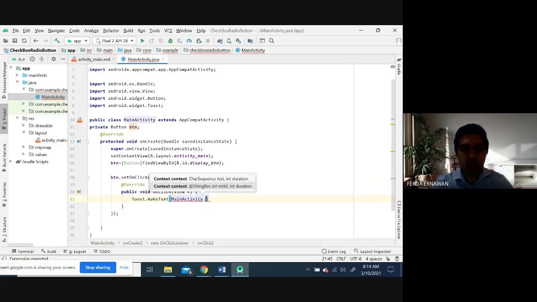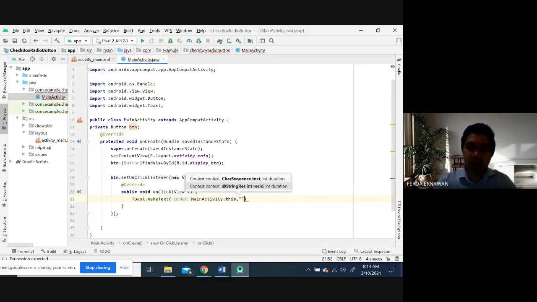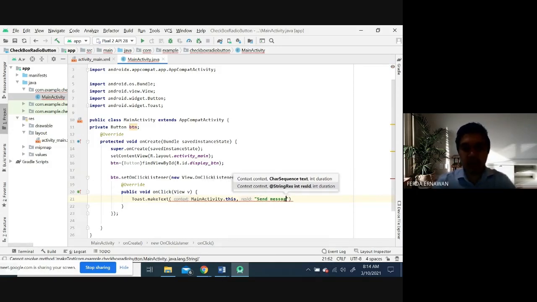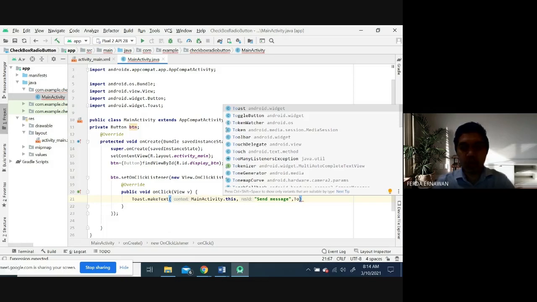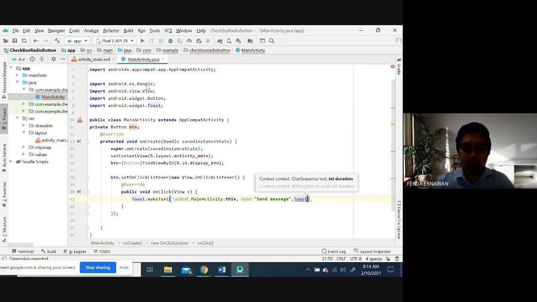Main activity dot this. After that, followed by the message that you want to display, for example, send message, and then comma. You can call the Toast again, and the length.